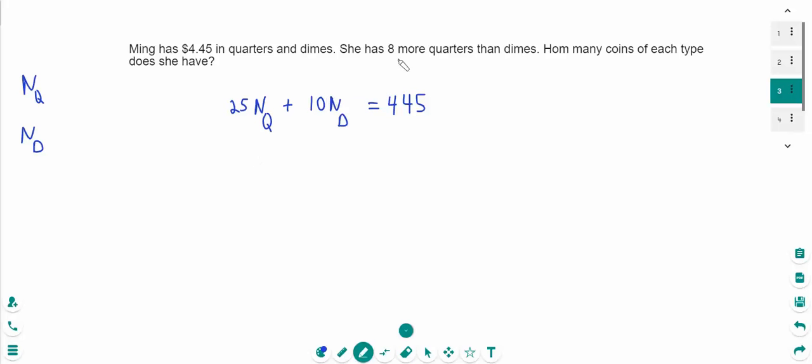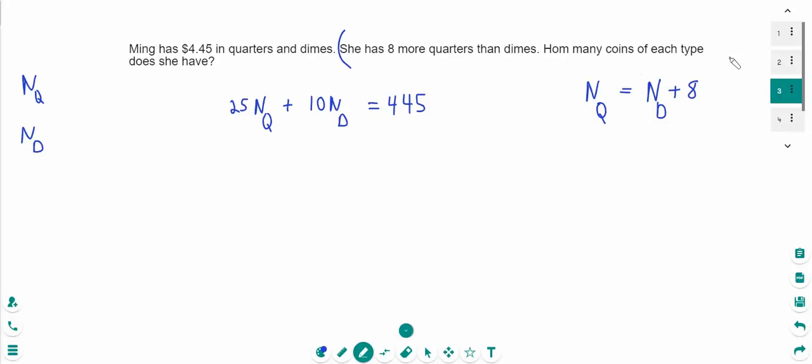Now our second equation begins here. She has 8 more quarters than dimes. So we need to somehow write that into an equation. So we're going to say the number of quarters, she has 8 more of them. So she has more quarters than dimes. You have to think in your head, okay, the number of quarters is going to be larger than the number of dimes. And she has 8 more quarters than dimes. So therefore, we could say that the number of quarters is going to equal the number of dimes plus